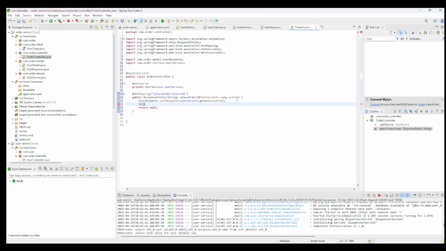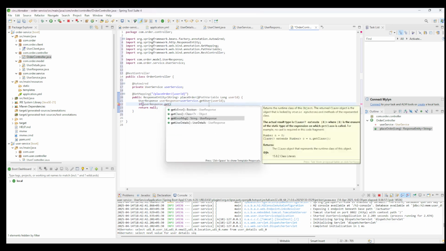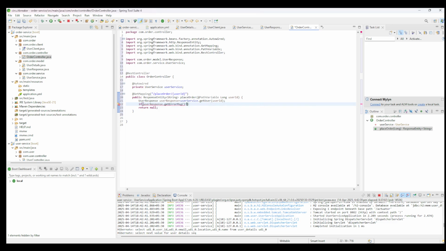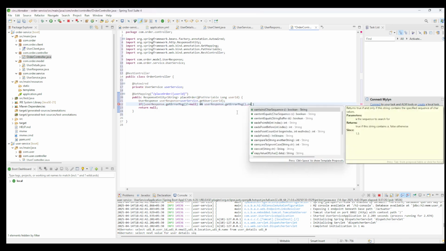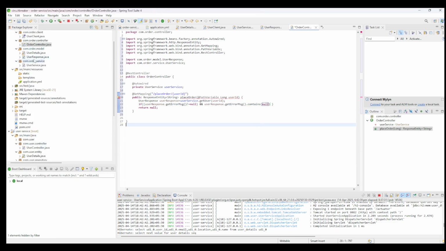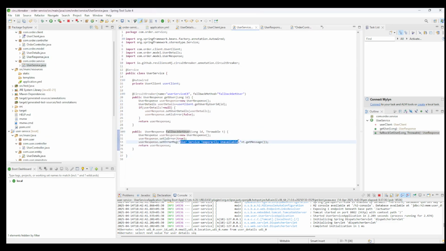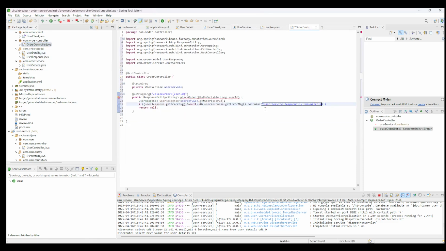Now we are going to check if this user response, sorry, here it should be userResponse. We can copy it. If userResponse.getErrorMessage is not equal to null, we can add it into the bracket, and we can copy this message again, and check if it contains some string, the message we have set inside our service, like user service temporary unavailable. We can copy this and check if it has this message, that means the service is down, and in that case it should return the response